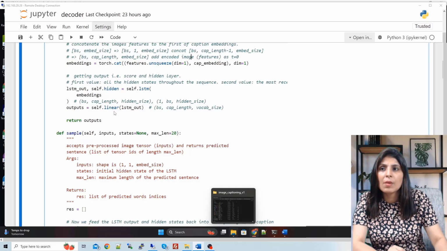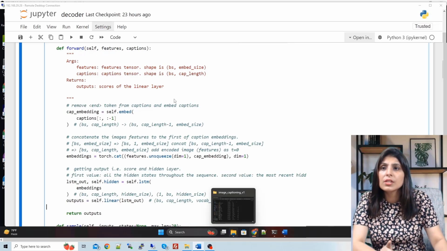We are passing the LSTM output to the linear layer, and this linear layer maps the LSTM output to the vocabulary space, where each dimension represents the score of a particular word in the vocabulary. So this forward method returns output, which are the scores of the linear layer for predicting the next word in each caption. These scores will be used with the loss function, like cross entropy loss, during training to optimize the model parameters. So this is the code of this decoder.